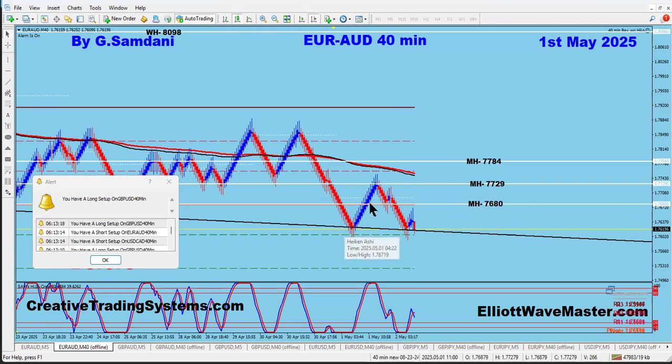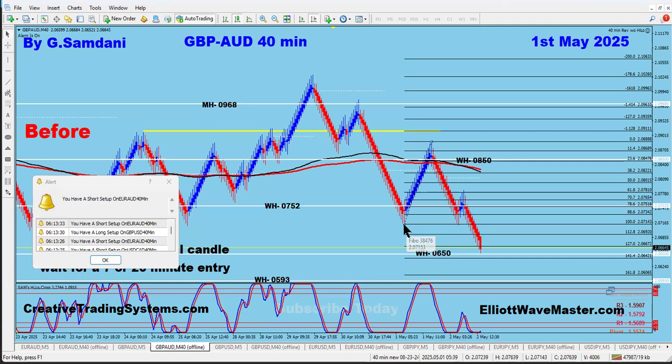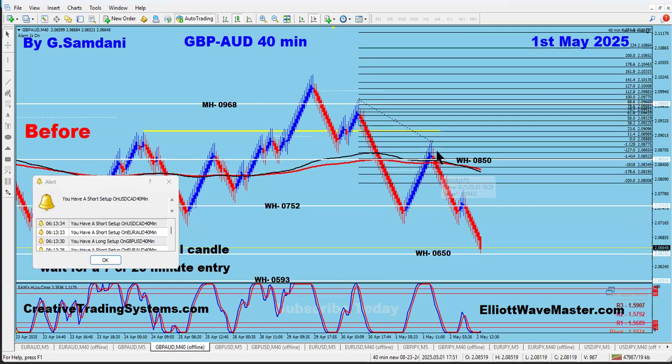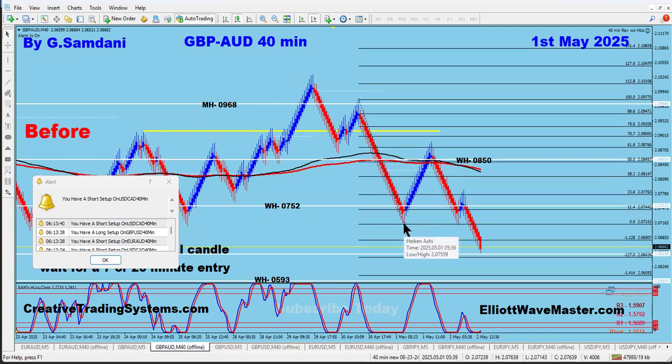After finishing this retracement, we obviously go for extensions. A classic example is Pound Aussie. It was here when I said it's going to go up. It went up and hit the EMAs. This is exactly a retracement of this move going into the EMAs.